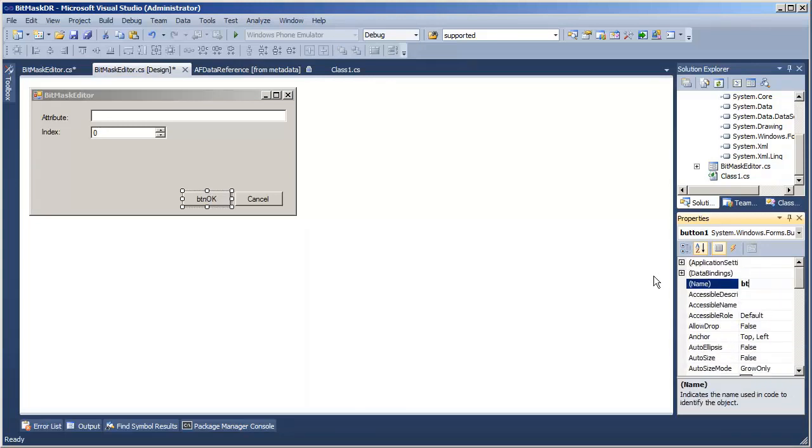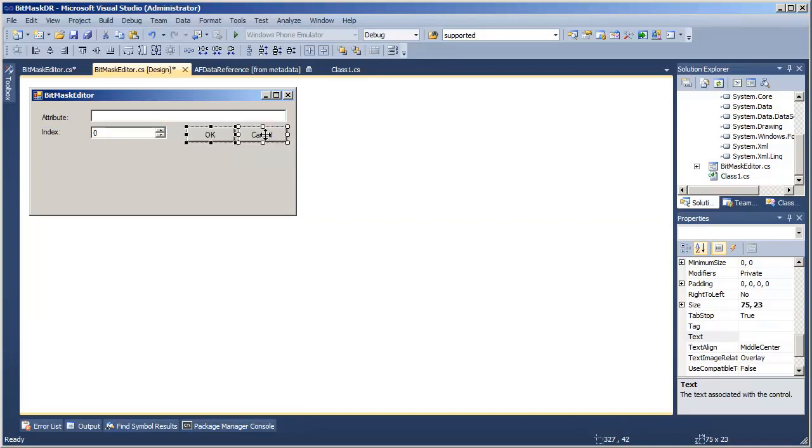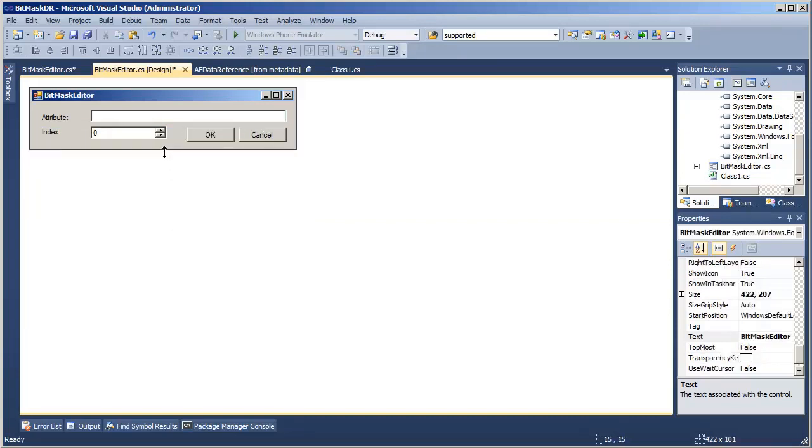The name of button OK. Go back and fix that text. Beautiful. Adjust the size here, and we're ready to write some code.